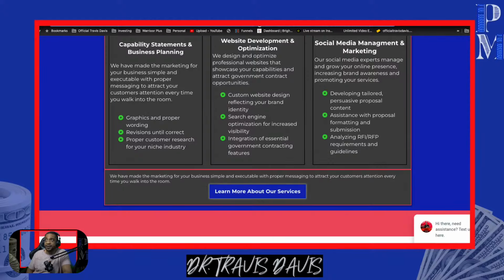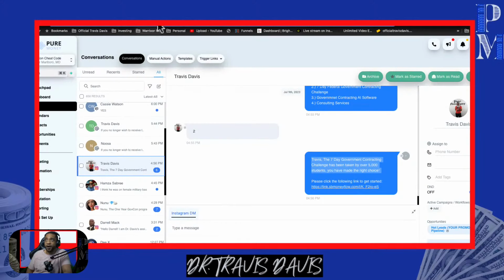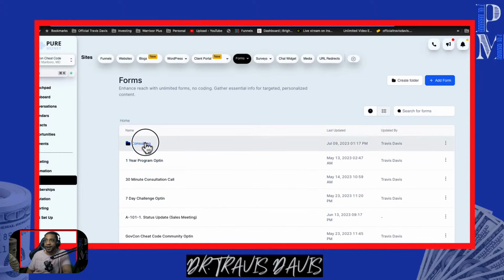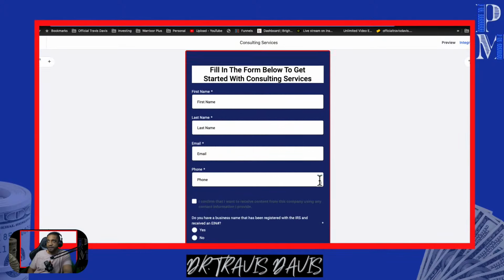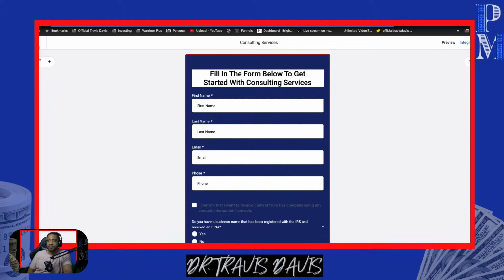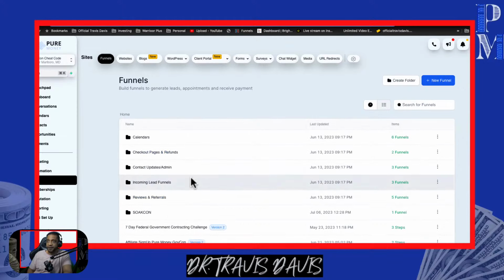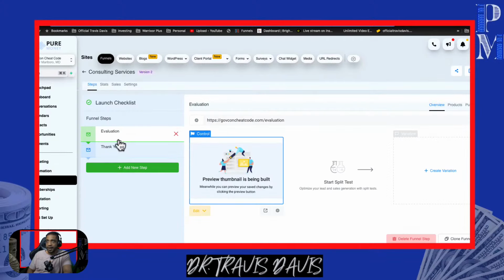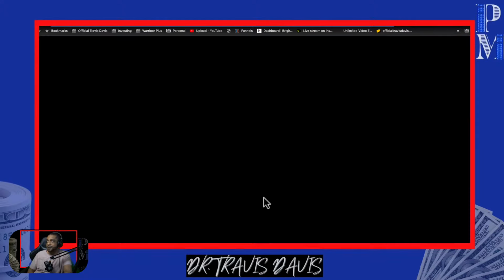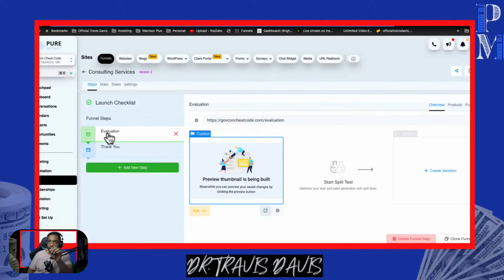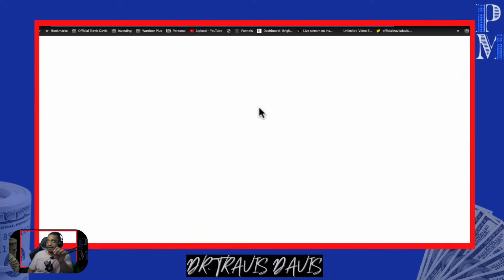Now, that looked complicated, but all it was a form. Let me find it. There we go. All it was a form right here. What did I say? Consulting. I made the form. Okay. Once I made the form, which is very simple to do, and we have tons of templates for forms for you, I made the form. I came over here to funnels. I clicked on new funnel. I did it from blank, and look how basic this funnel is. It is the form. And I don't think you guys understand how basic it is. All I did was I clicked right here. I clicked edit.